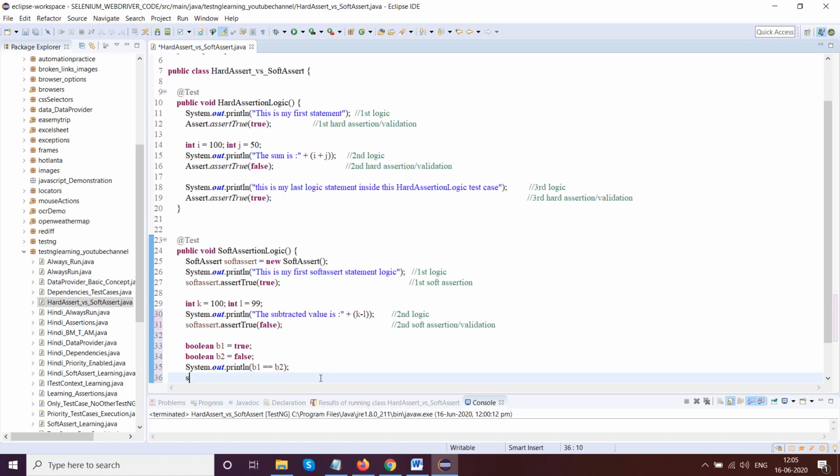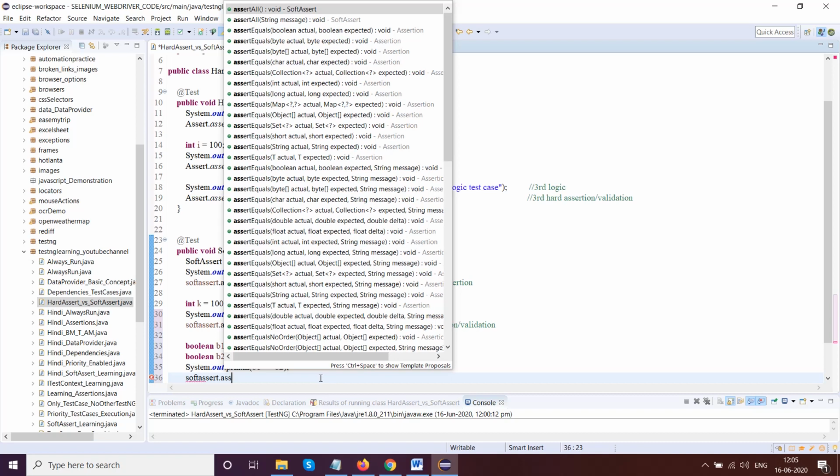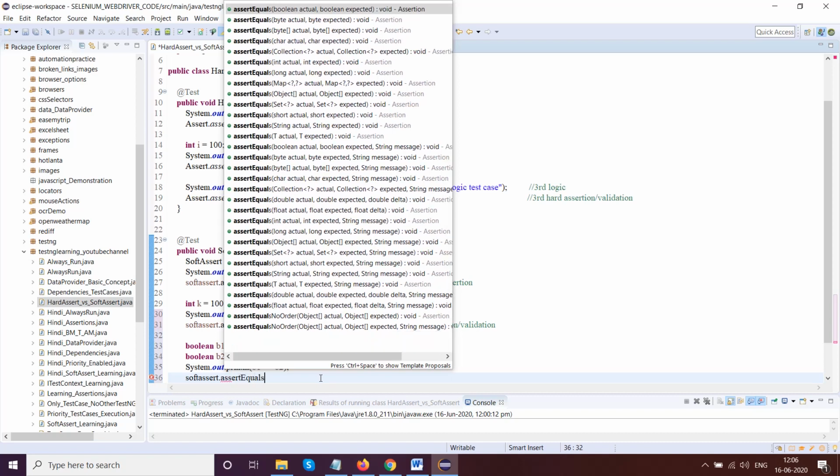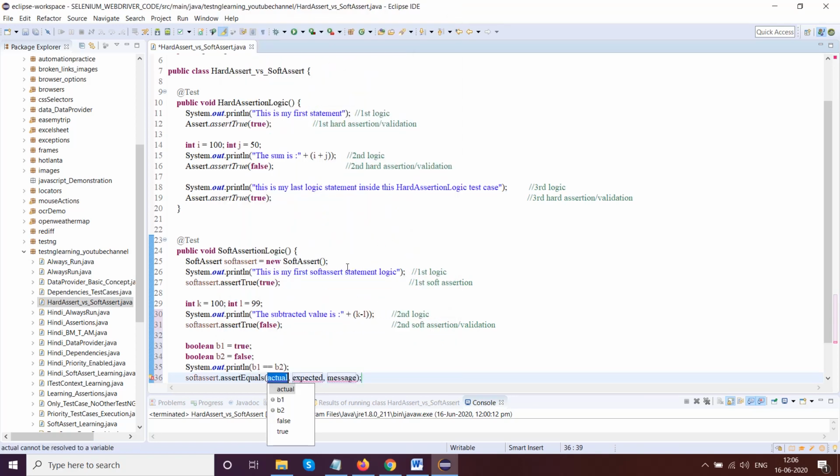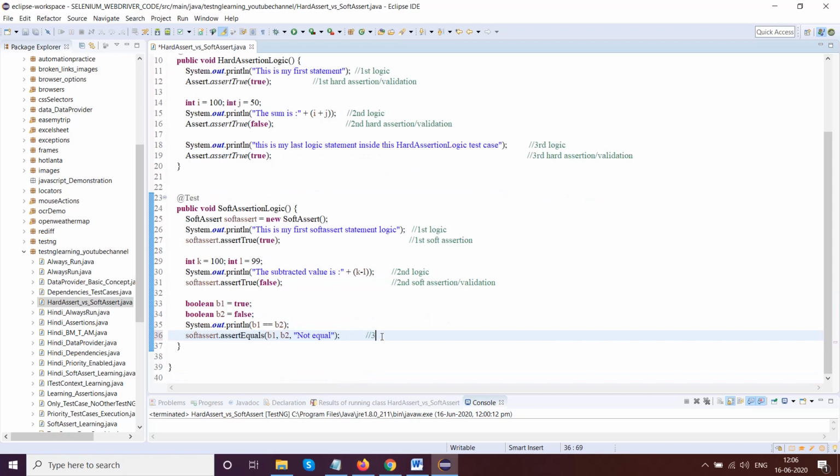Now you will use the assertion softAssert.assertEquals, let's say I'll use boolean, and you give b1, b2, "not equal". So this is our third soft assertion or validation point, and this is our logic. The whole thing is our logic. This is the third logic.